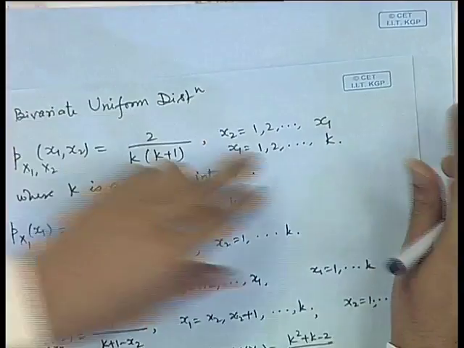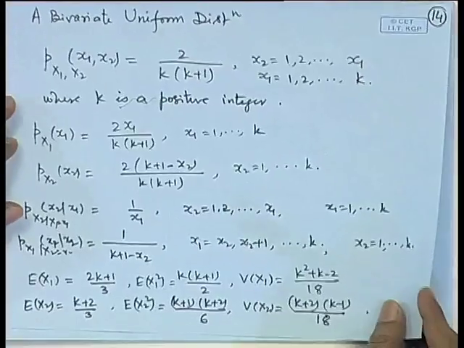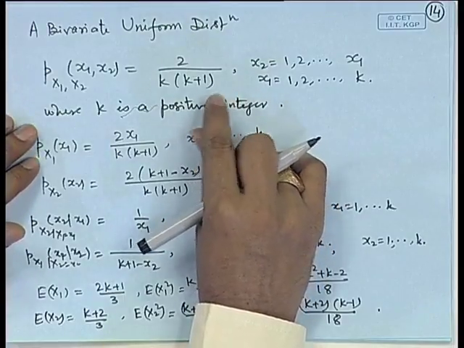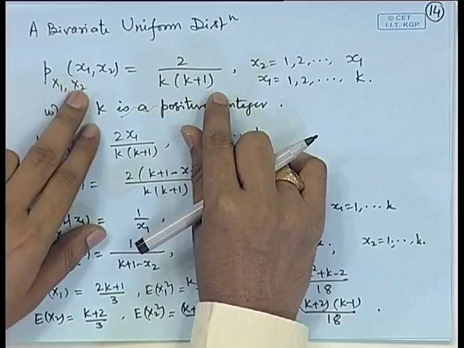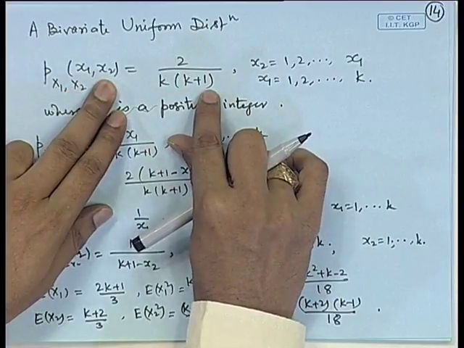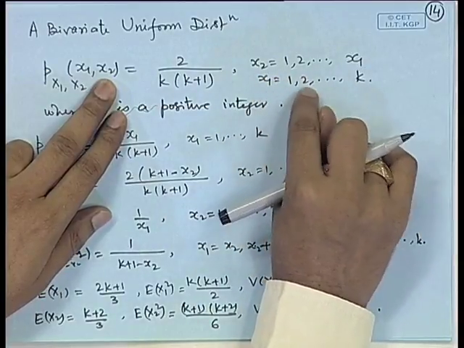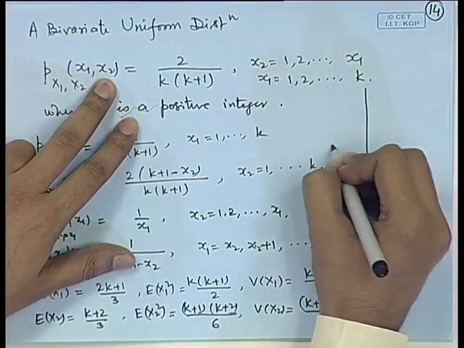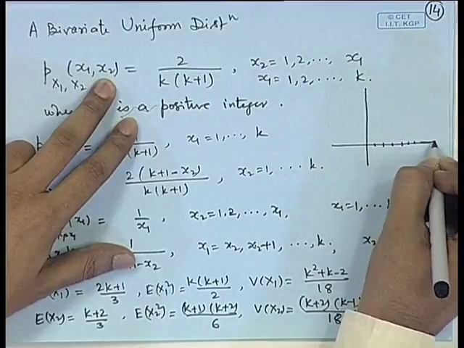We consider a bivariate uniform distribution. It is a discrete uniform distribution. So, consider probability of X1 equal to x1, X2 equal to x2 as 2 by k into (k plus 1), where x2 takes values 1 to x1 and x1 takes values 1 to k. For example, if we consider the points 1, 2, 3 up to k,